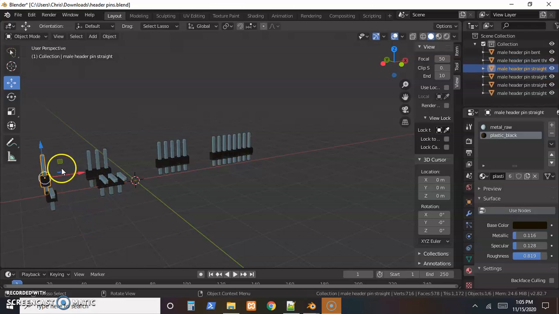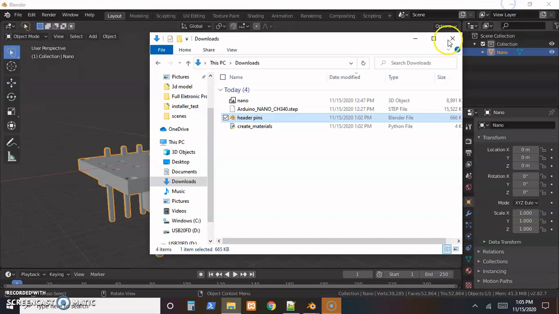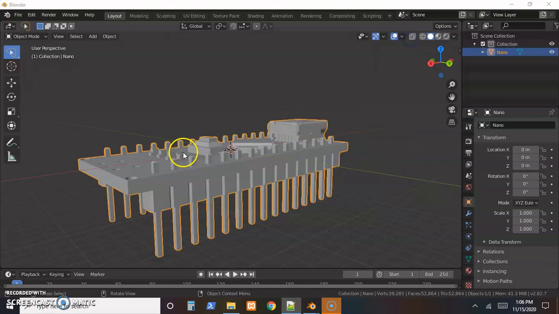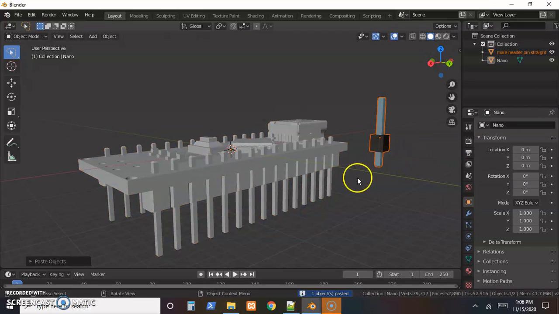I'll just go, and we could copy 6 of these over one at a time and put in the nano, but I'll go ahead and construct a version with 6 pins just in case. That way it's around for other projects later if needed. But basically it's just a copy and paste thing at that point. I'll do it with 1 pin. So if we copy that and then come back over to this file and paste that in,